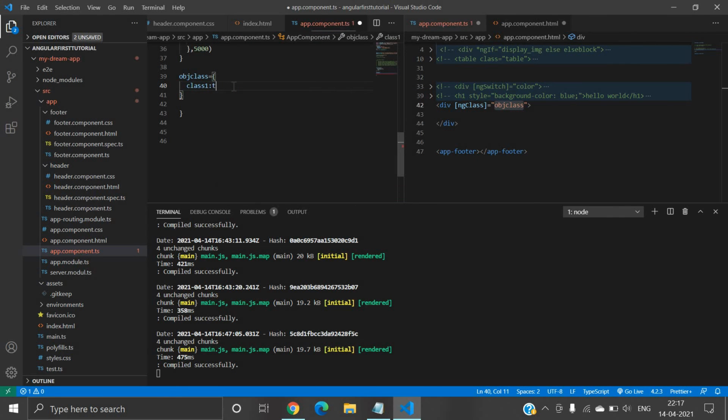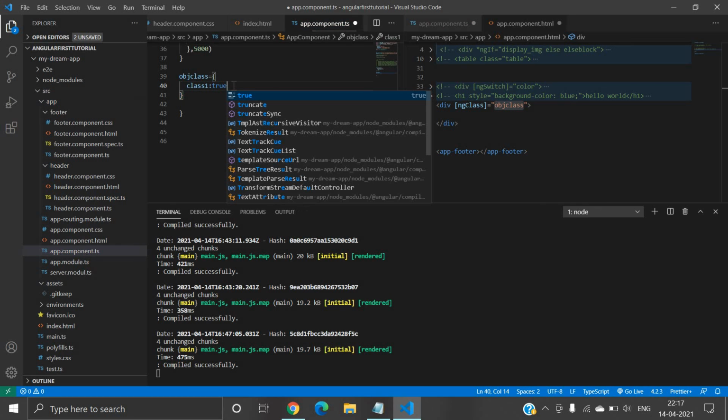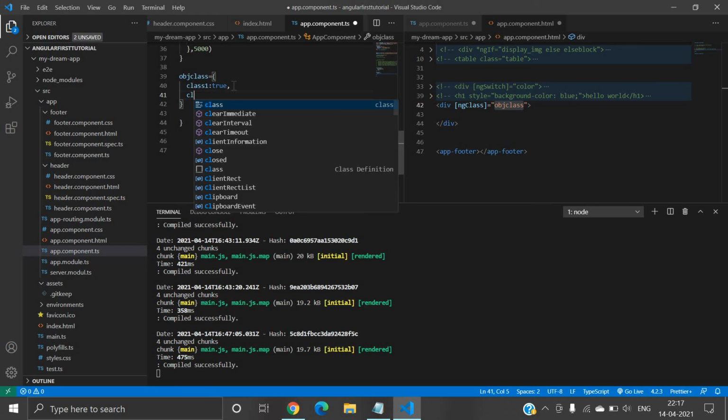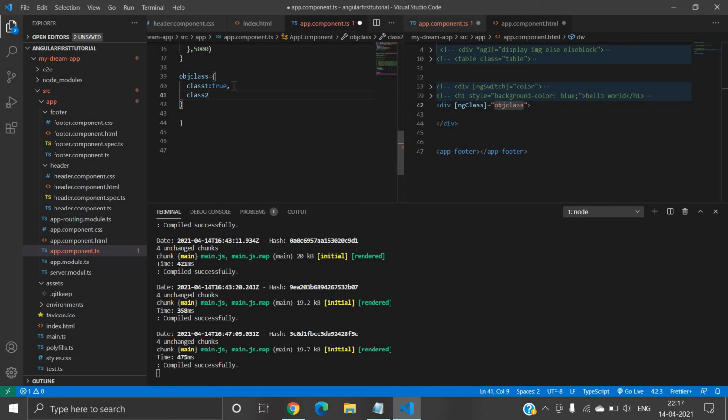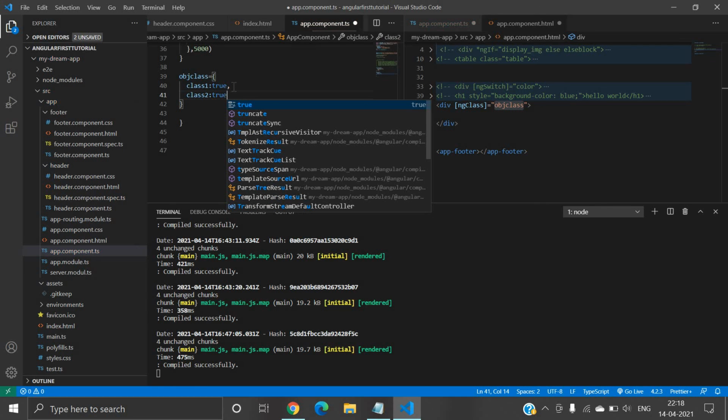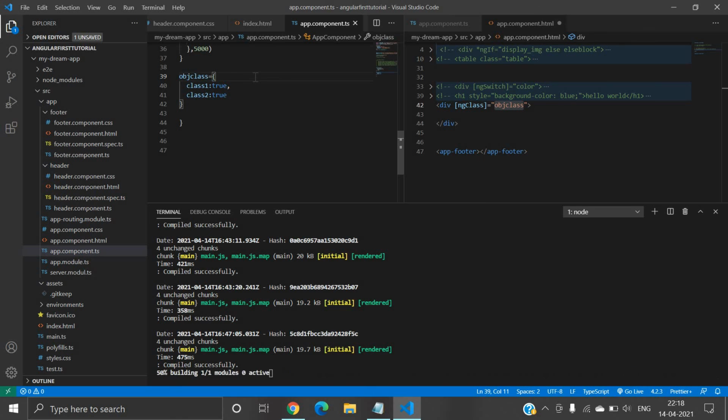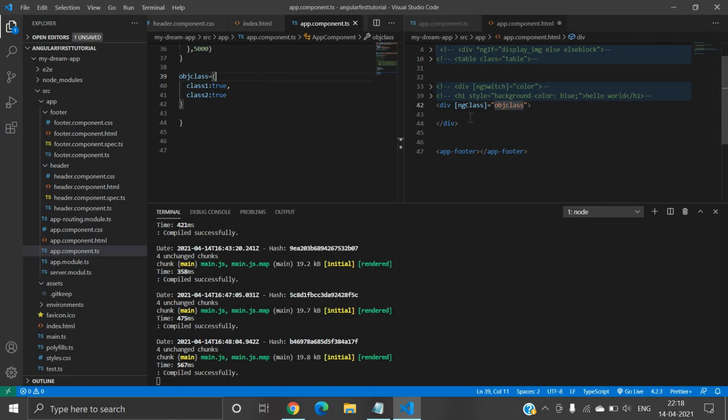So I will just set a true value here, and we can use multiple class names. Class 2 also I will set to a true value. I will save this file.